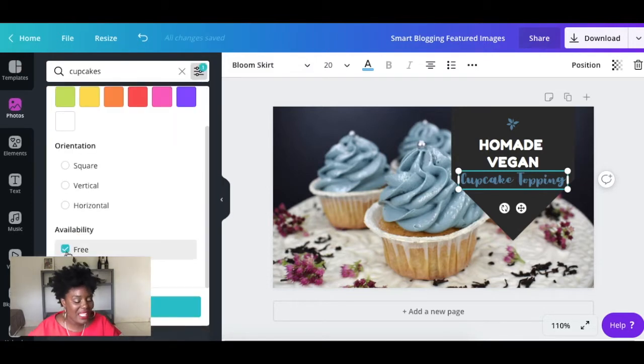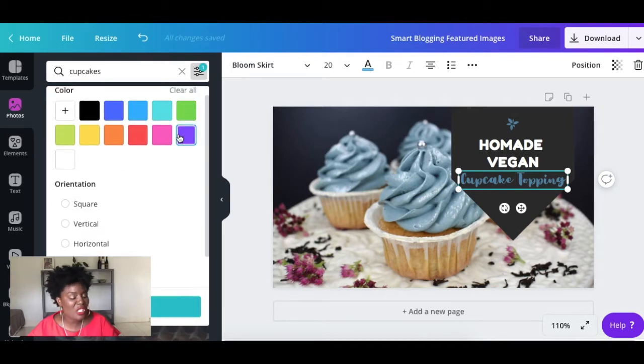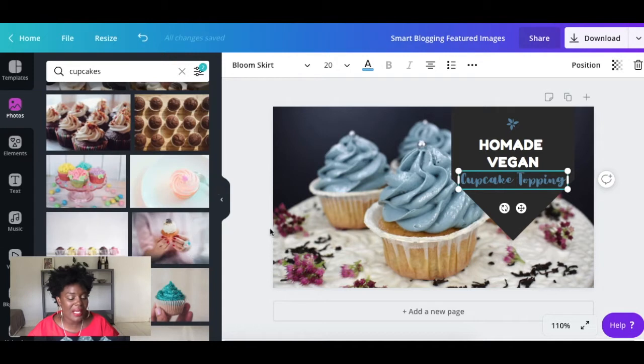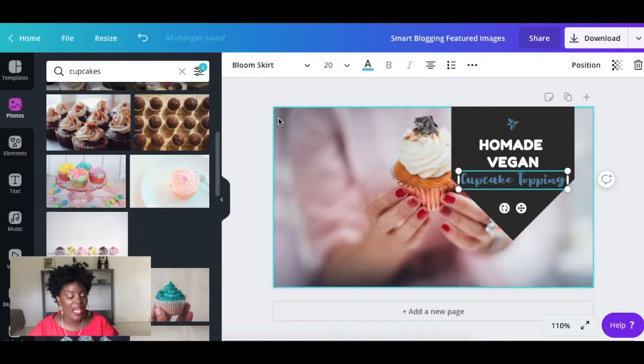So you're looking for cupcake, you want a free cupcake image, you want it to be pink or square. I want to change the image on that because I think it's a little too dark. I want something that has a human element in it, so I'm going to use this photo right here that has